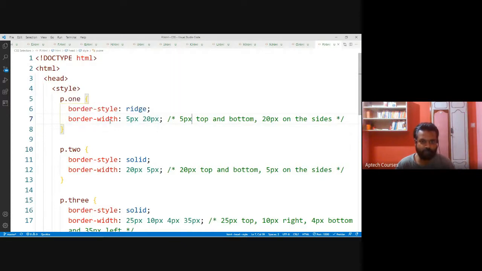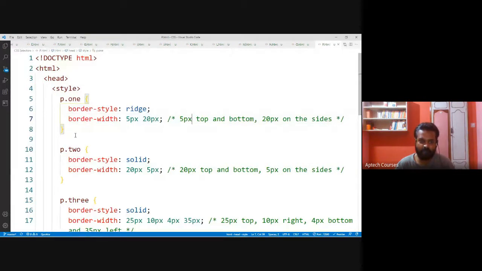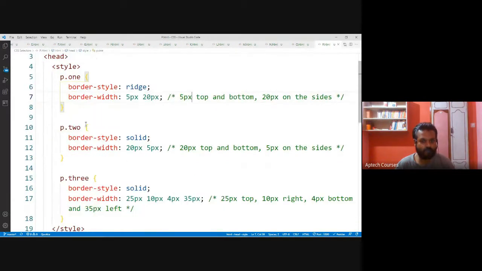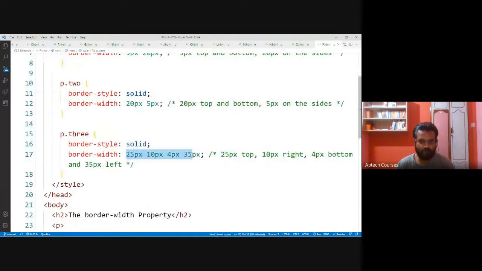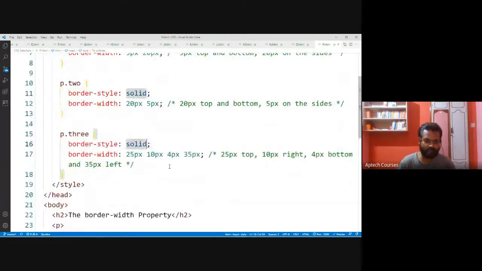Border width: 5 pixels is the top, then bottom also 5 pixels. If I go for 20 pixels, it is on the right, so left also will be 20 pixels. For each and every side we are specifying the border width. Then border style, whether it is solid or dotted, likewise, or double.